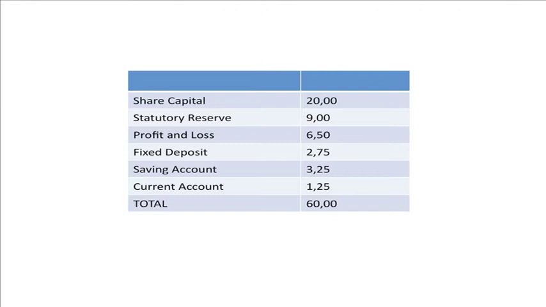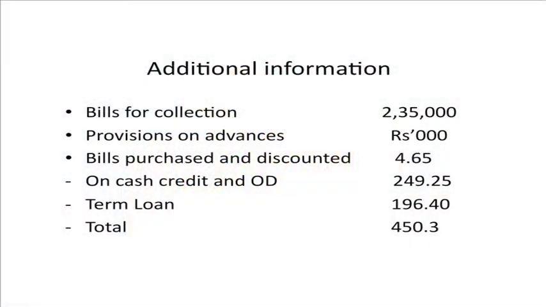So, we have an extract of the trial balance where debits and credits are given and we have assigned them to the appropriate schedules. So, we will prepare it one by one. First of all, let us analyze the additional information which is given. The additional information in the question says bills for collection is